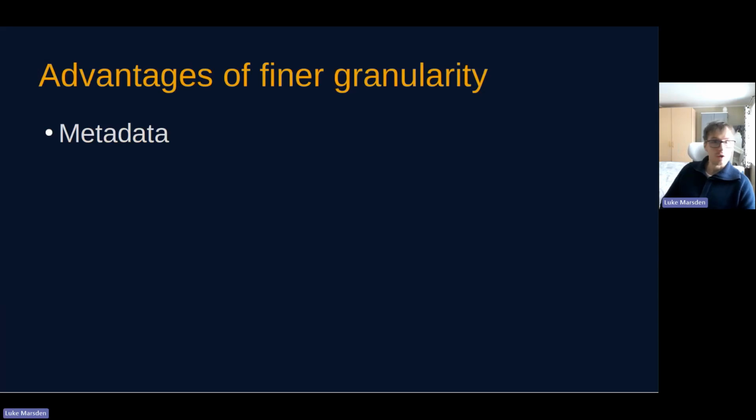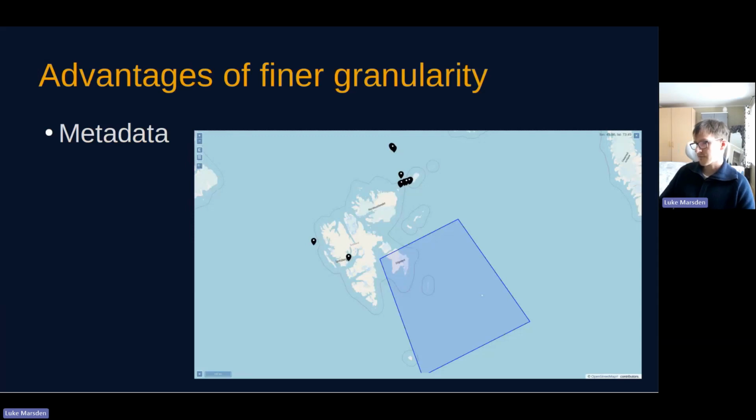So if you publish data for a whole research cruise, for example, it might show up as a bounding box like this, because in the discovery metadata, all you're including is the maximum and minimum latitude and longitude. It's very, very difficult for someone who's using the data to come along and see exactly which locations you've sampled within this. Whereas if you publish each CTD cast or whatever in a separate file, then each will show up as a point on a map like this.